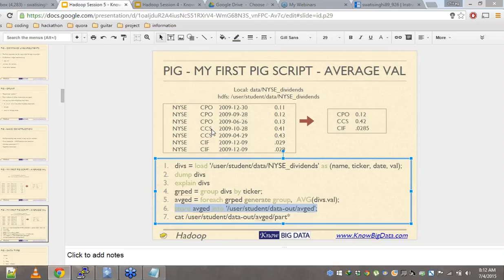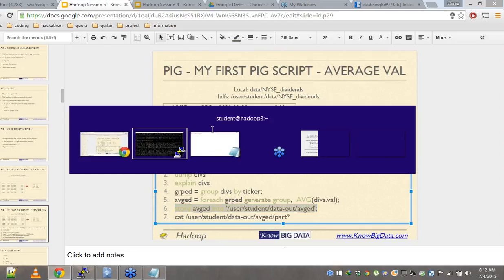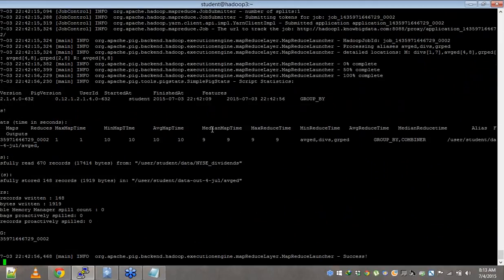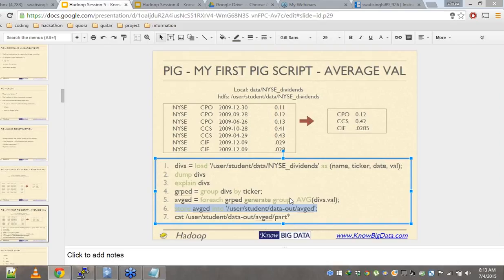Then we grouped the divs by ticker. That's what we do in MySQL also, right? We say group by ticker, and then for each of these groups we said generate group, average of value. So that's what we essentially did in SQL also, where we did select average value, ticker. We are doing something similar here, but when we were running those queries, nothing was essentially happening. But as soon as I said store, it started the MapReduce code. Okay, now the MapReduce code is